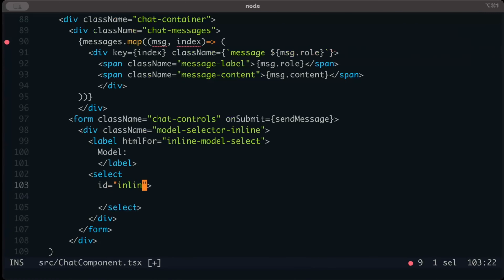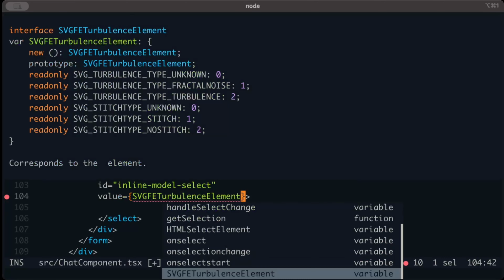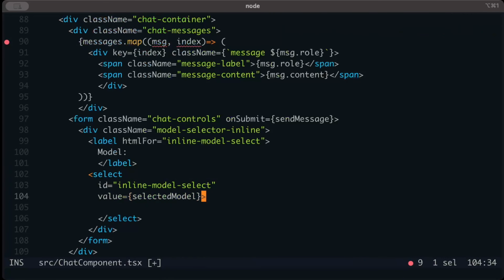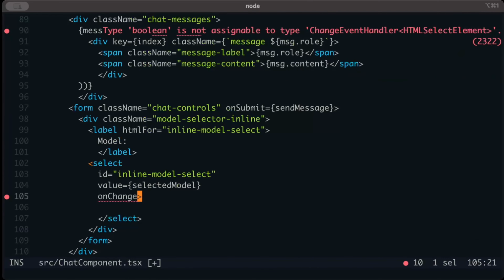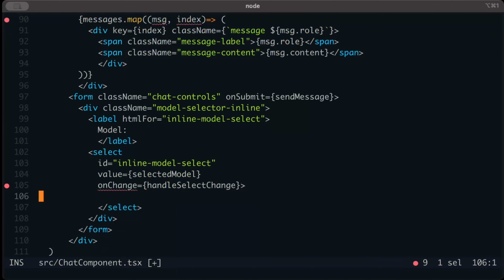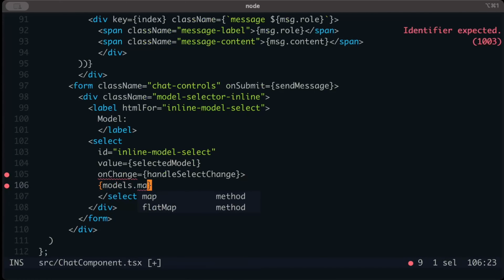ID as inline model select, and value as selected model, and on change we'll just call our handle select change. Handle select change, and then we'll just do is models dot map